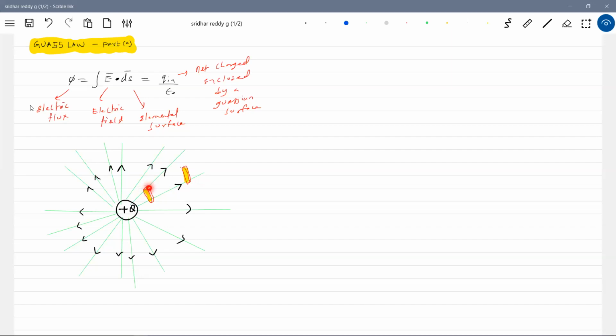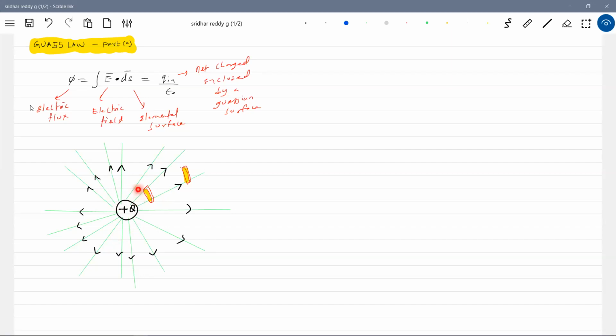So now I'm going to express that the electric field times area will become flux. So now I'll come out of the idea of lines of force. If another student for the same positive point charge assumes 100 lines of force, he may get a different idea. So to overcome that number of lines of force, I'm bringing the concept of electric field strength. What is electric field strength? For a point charge plus Q, either you assume 100 lines of force or 10 lines of force, the electric field at a distance R will remain same. So lines of force are imaginary.